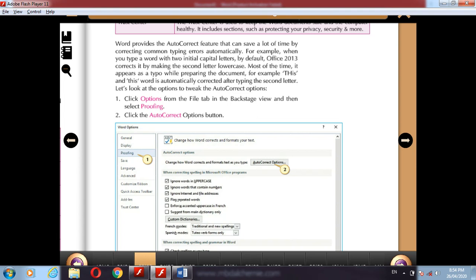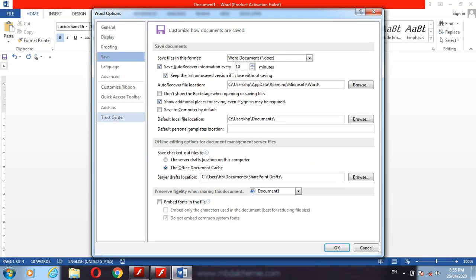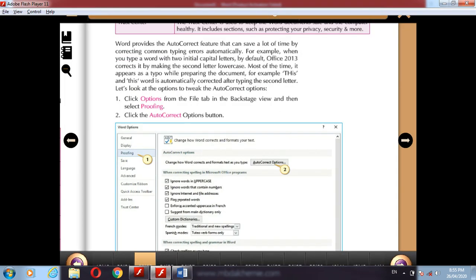On the AutoCorrect English tab, click the Exceptions button. Then next, uncheck the Correct TWo INitial CApitals checkbox.